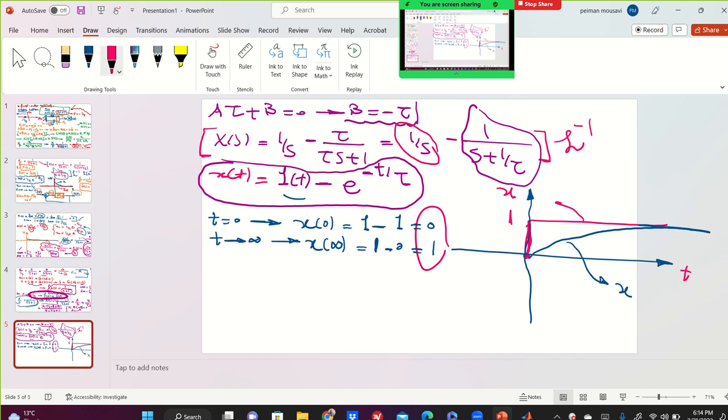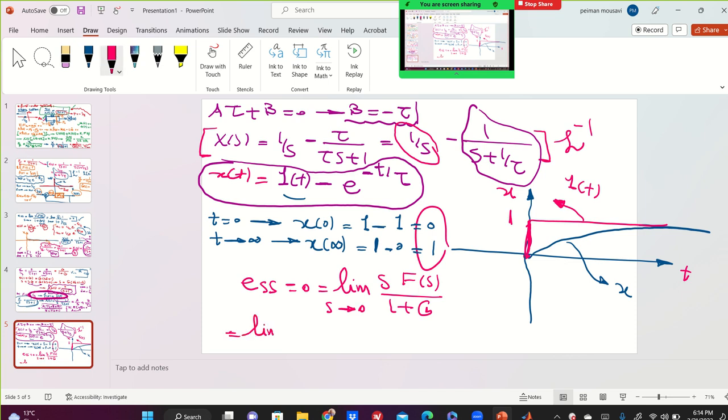How much is the error signal? The error signal is 0. And mathematically, if you want to prove it, it's going to be the limit of s times F of s, 1 over 1 plus G, as s goes to 0, which is the limit of s